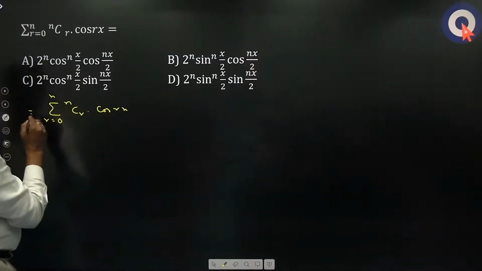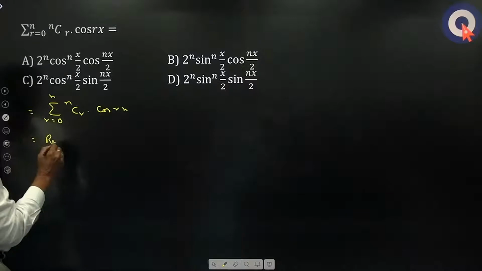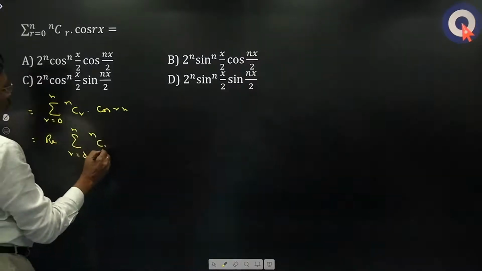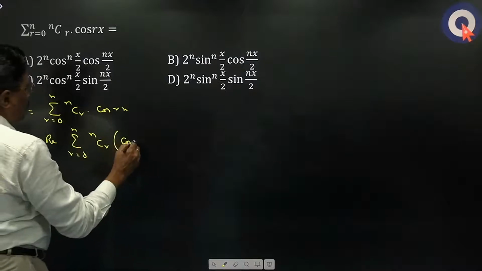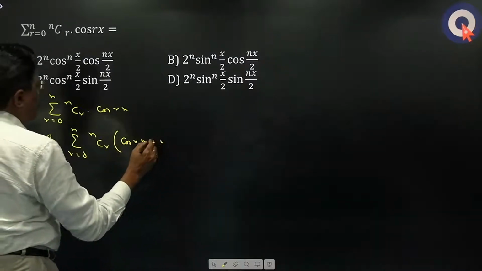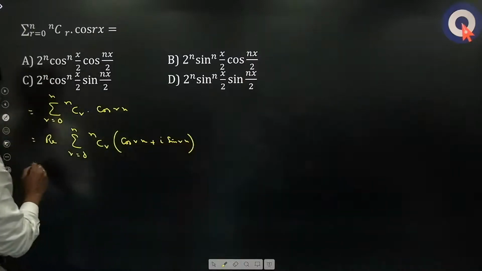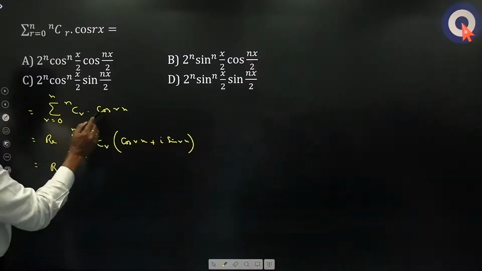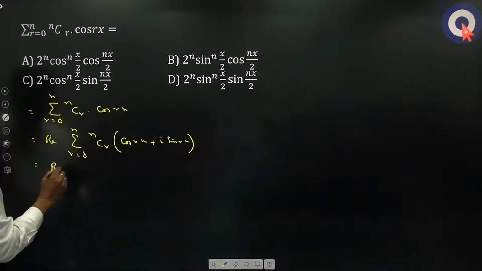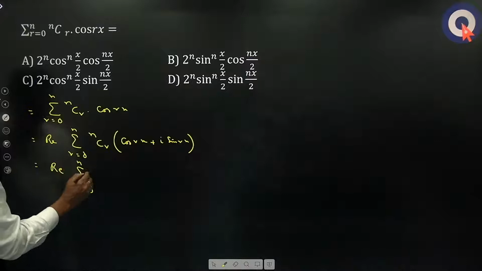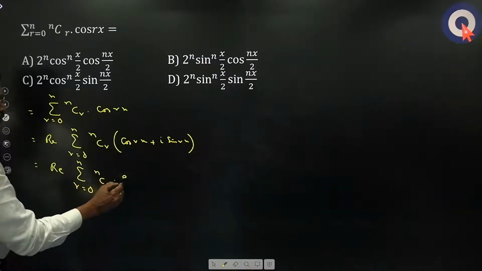So we shall write this as the real part of sigma r equals 0 to n nCr into cos rx plus i sin rx, because cos rx is just the real part. So the real part of sigma r equals 0 to n nCr into e to the power of